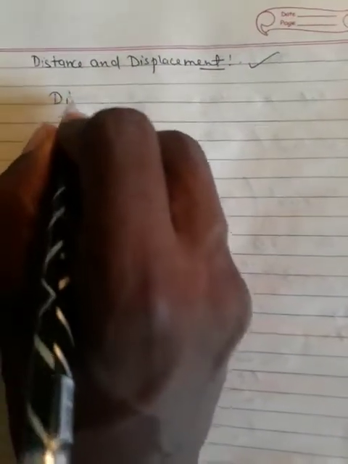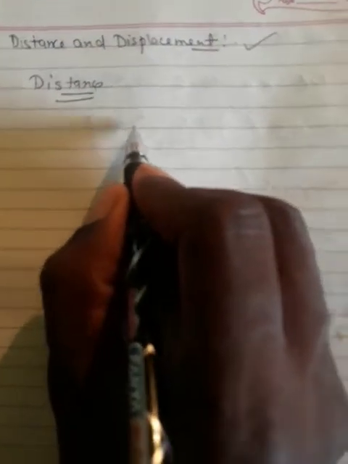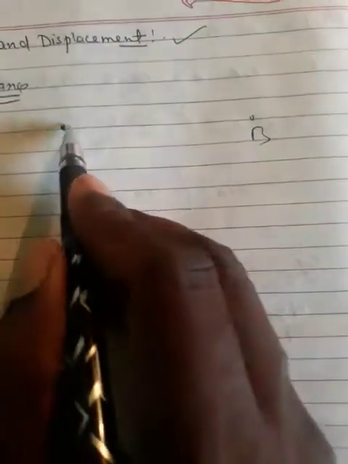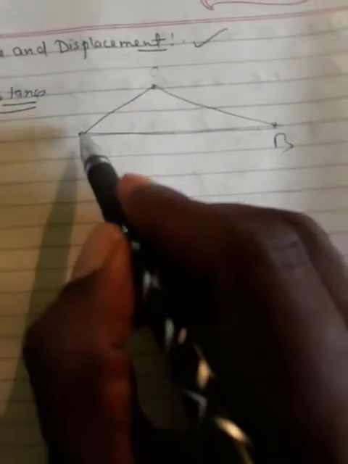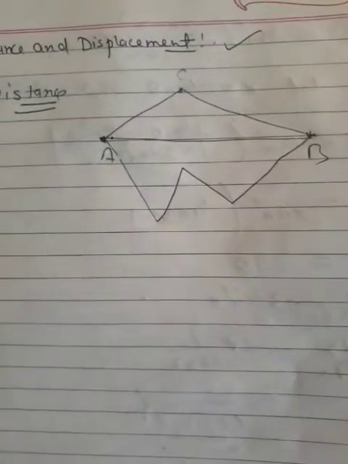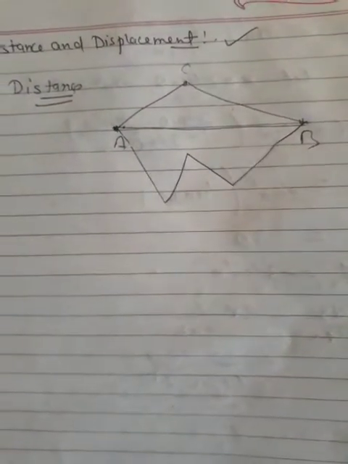First of all, we should know about the concept of distance. What is distance? When an object moves from one point to another point, it can move directly from point A to B. Another object can move from A to C, then after to point D. Another can move from here to here, then here, then after that point. Anyway, the object can move. So when an object moves from one point to another point, then